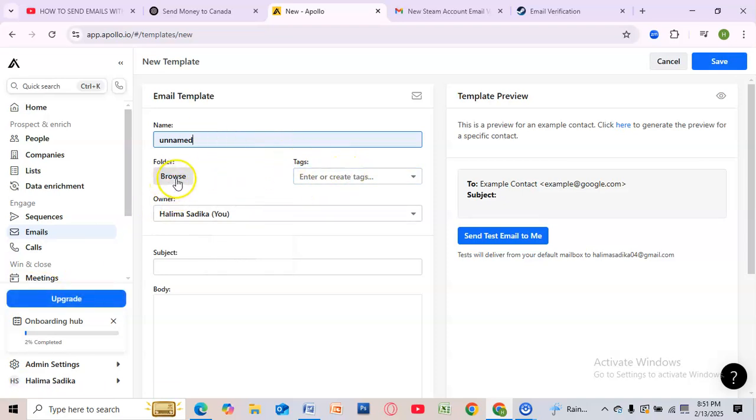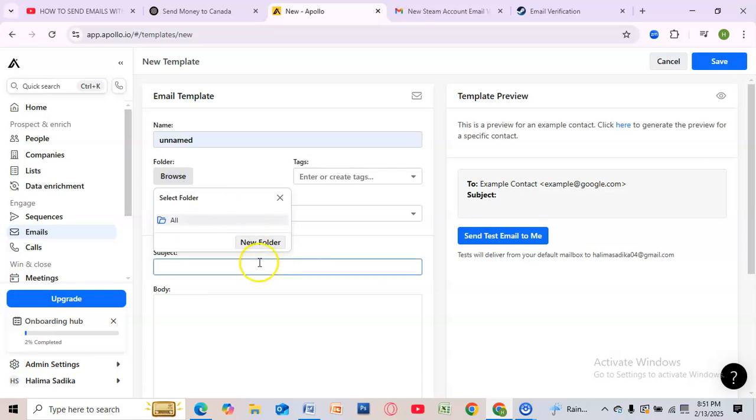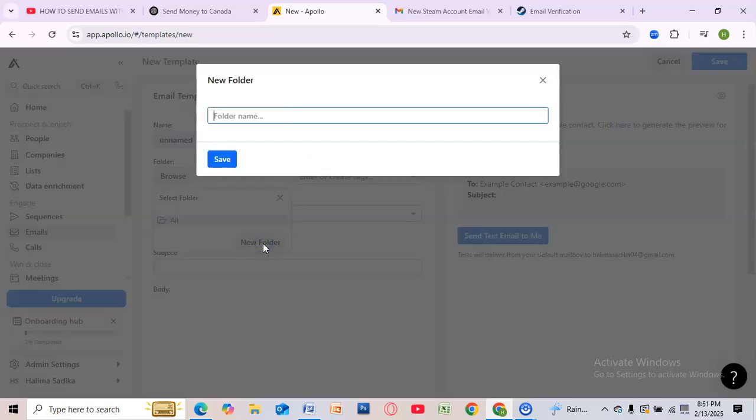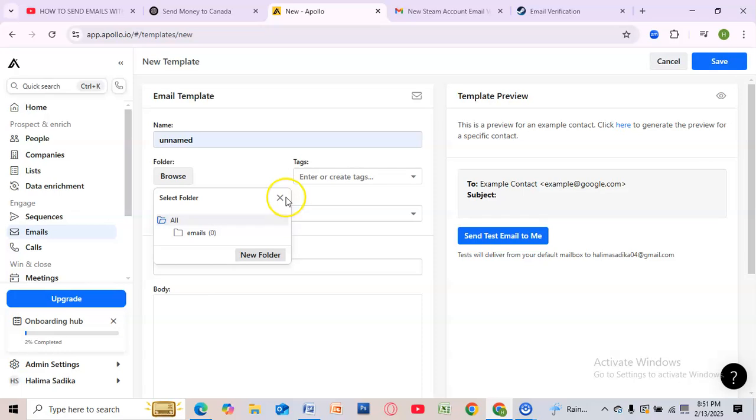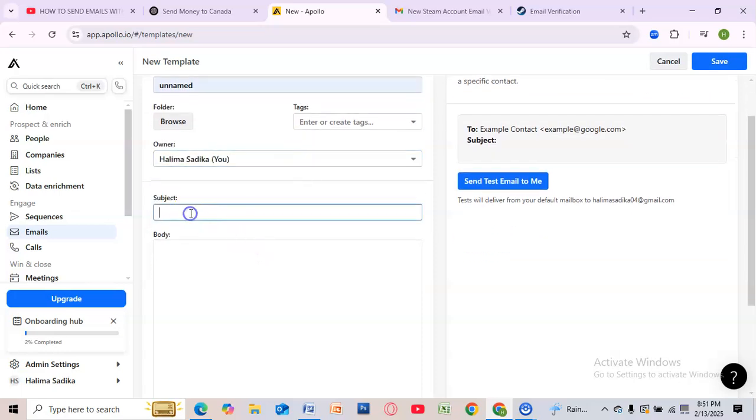Then select a folder to browse. You can create a new folder, give a folder name, then select save. Then after this, select owner, then give a subject name. For example, I'm giving one,